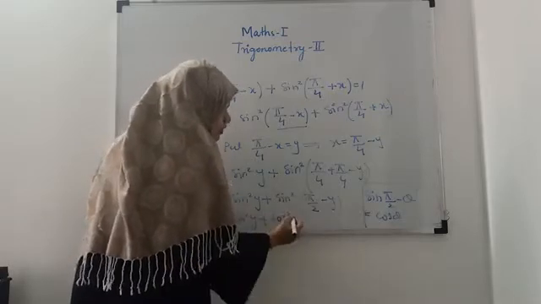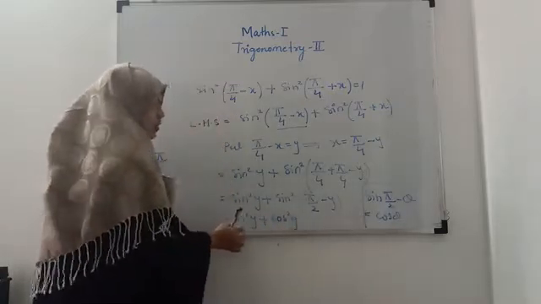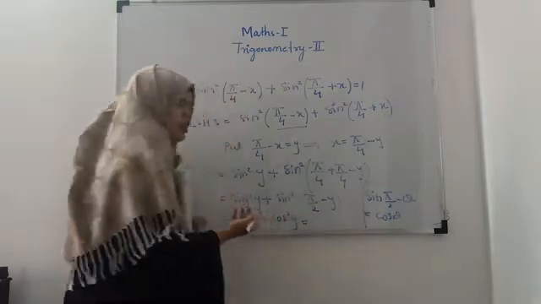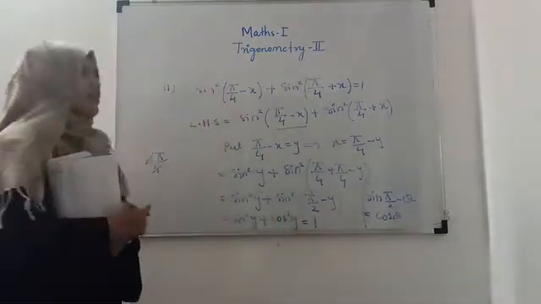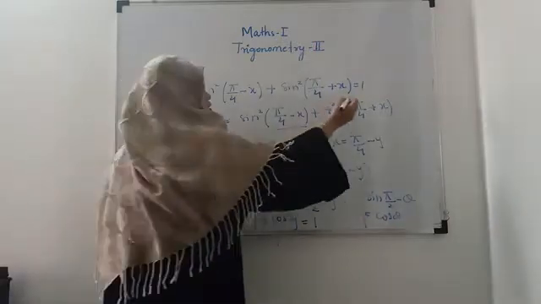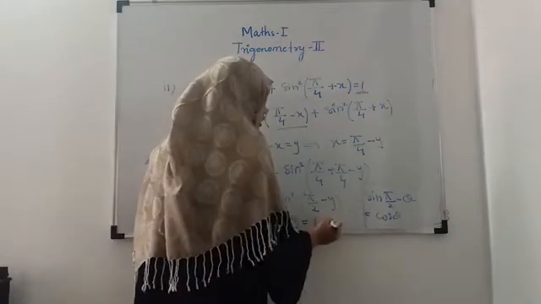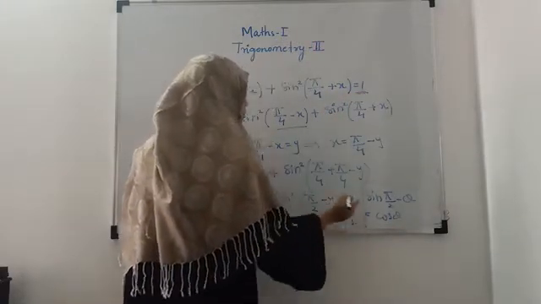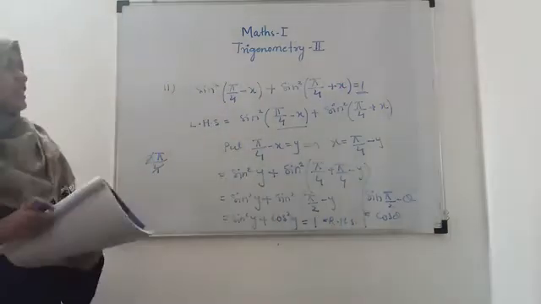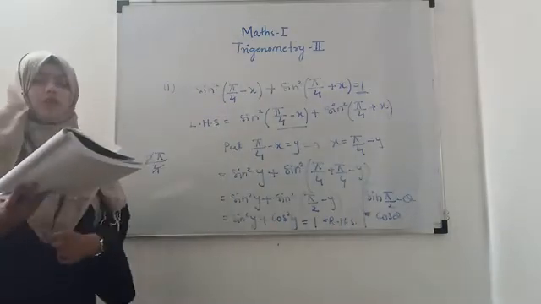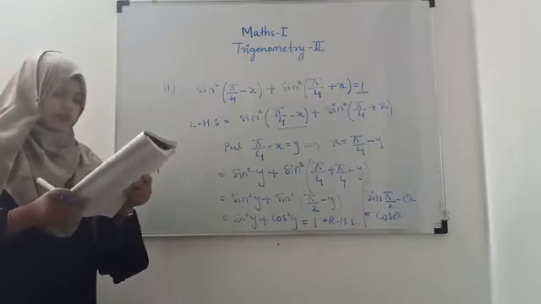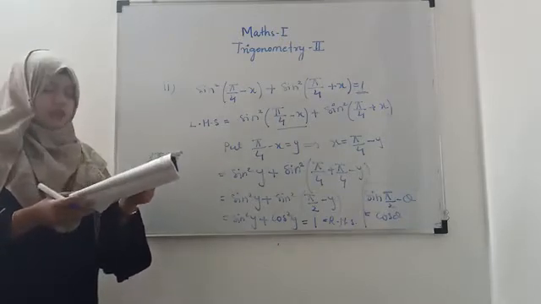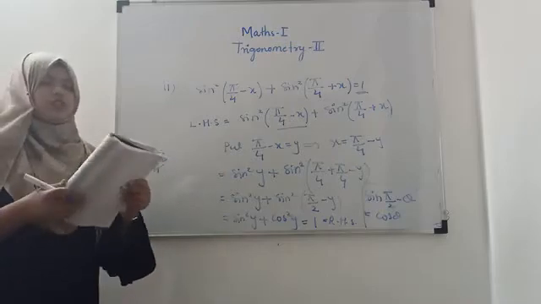Theta is y here. So now sine square y plus cos square y, and we know that sine square theta plus cos square theta is equal to 1, which is your LHS. So we have to show that this is equal to 1, hence proved. This type of problem can come for 2 marks in your examination. Now the third and the fourth are for your homework. It is on page number 42. Just try to solve it.